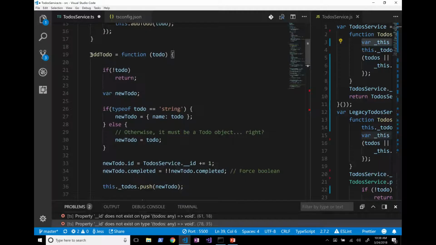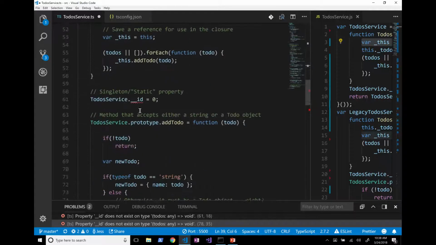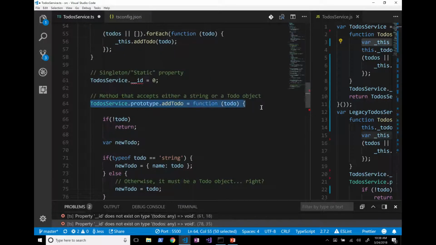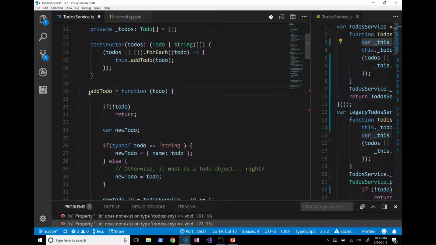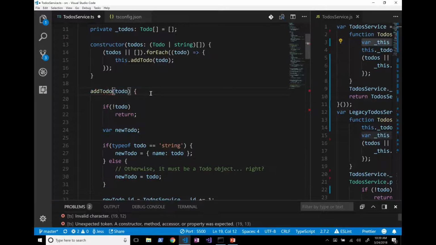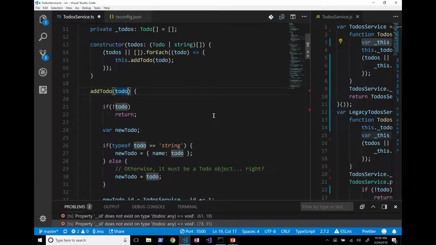When I convert a method that is declared in this way on the prototype, you say, I've got my prototype, and then I want to add something onto it, a function, a property, or whatever. This is the syntax that you use to do that in ES5. As I move this over, I can copy and paste, and in fact, this is legitimate. TypeScript's not yelling at me. That's fine. It's a legitimate syntax. Or this is kind of the real syntax, right? I can create that method, and again,